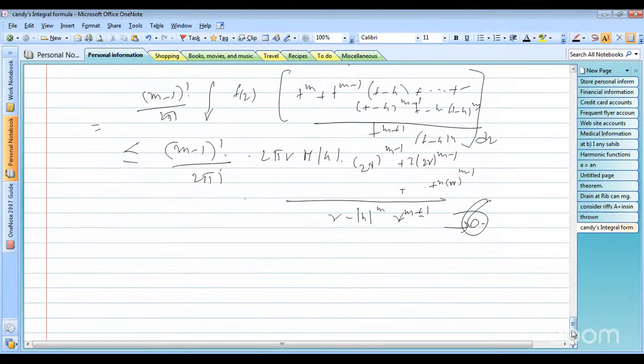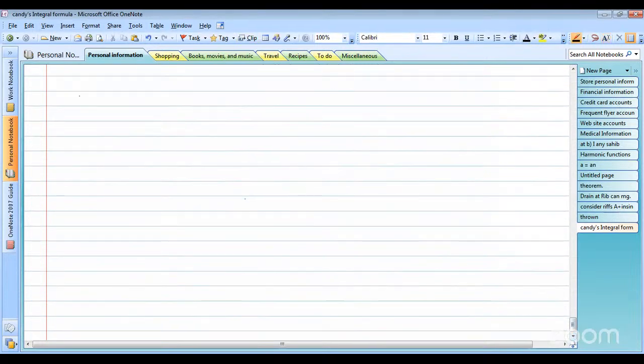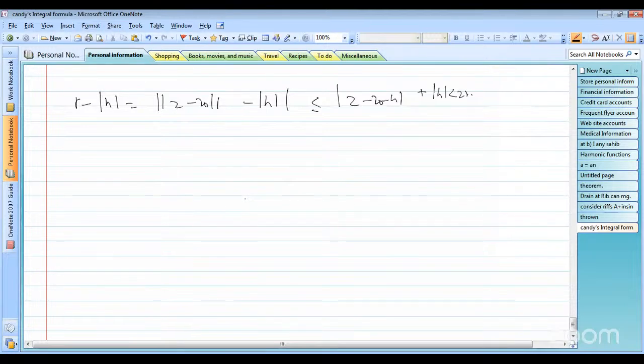This one: r minus modulus of h is equal to modulus of z minus z naught minus modulus of h, that is less than or equal to modulus of z minus z naught. We know that h plus modulus of h is less than 2. So together with the fact that, together with the fact that